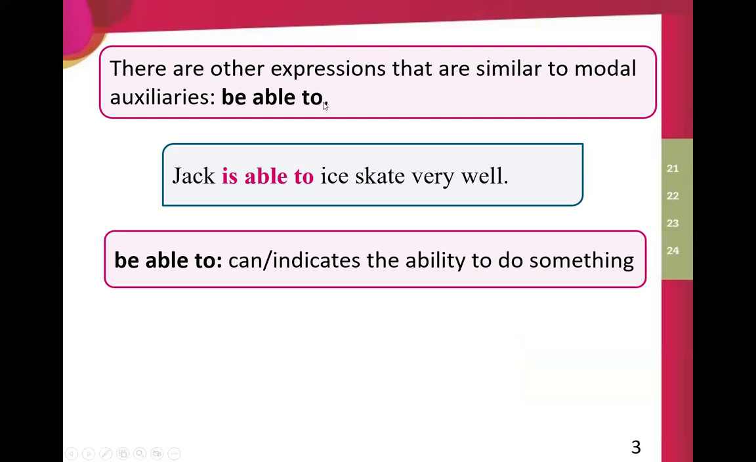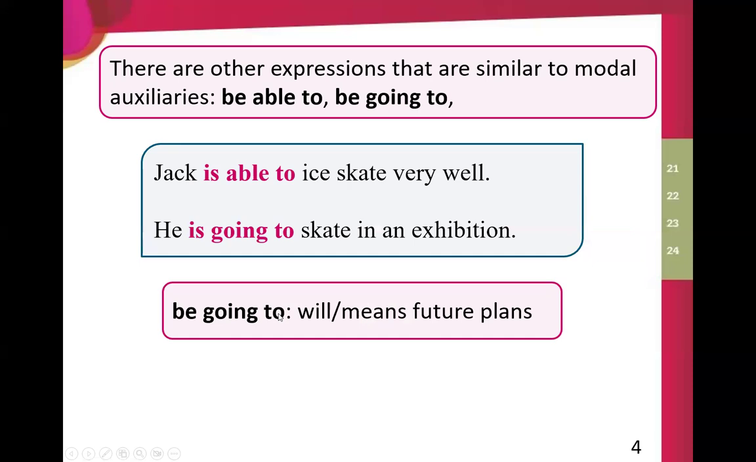For example, be able to. In this sentence, Jack is able to ice skate very well. So, be able to, or can, indicates the ability to do something. It gives the meaning of the ability of skating very well. And it comes with another verb, which is "ice skate." Jack is able to ice skate in this sentence, and he is going to also